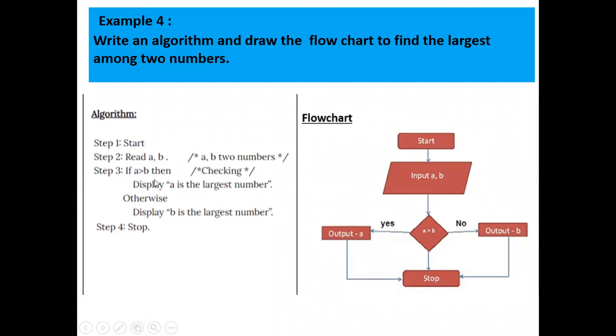So here the entire algorithm is represented as a flowchart. I'll start the process and read the values A and B and I'll check the condition. If A is greater than B, then if the condition is true, I will display this particular statement. If the condition is false, then I will display output is B. Then finally, we will stop this process. So in these conditional statements, among these two statements, any one of the statements will be executed.